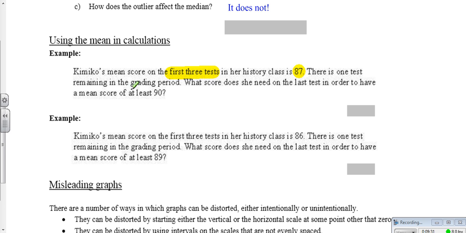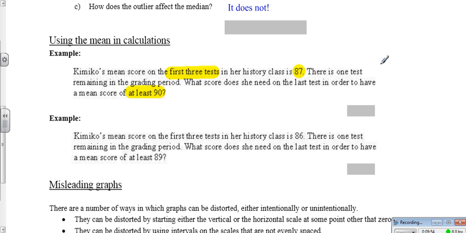There's 1 test remaining in the grading period. What score does she need on the last test in order to get an average of at least 90? I want to show you first the intuitive way of doing this, okay? And that would be to say, well, if they got an average of 87 for the first 3 tests, then what they must have done